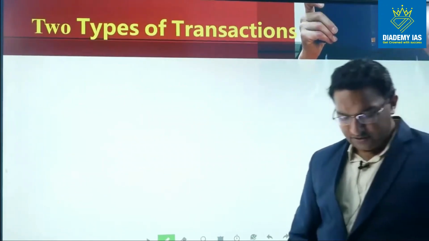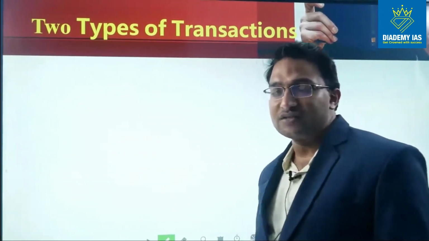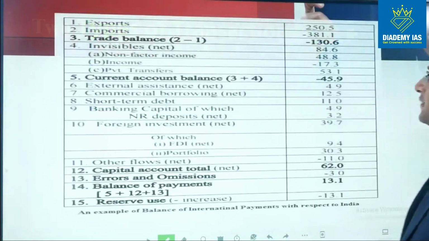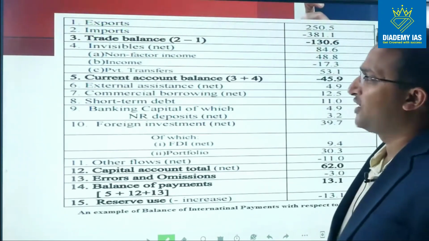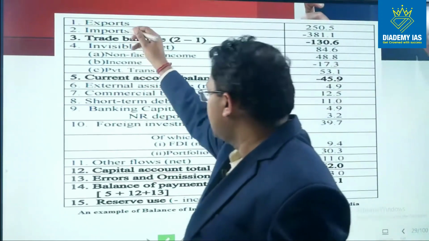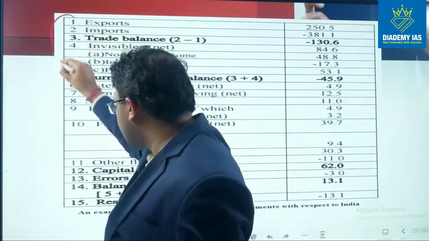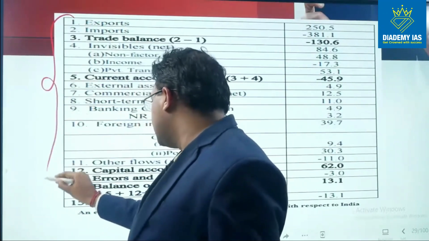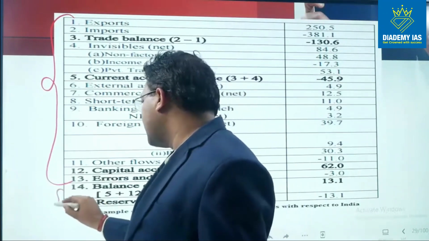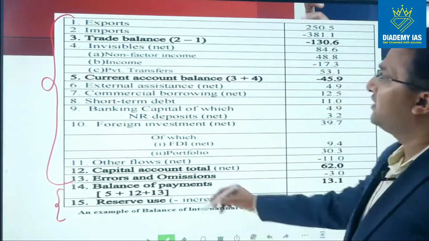Let us move towards the next concept, that is the two different types of transactions in the BOP statement. If we see the BOP statement, this is the format of the BOP statement. In this BOP statement, we can categorize the total transactions into two major categories. One category is above the balance of payment and the second category is below the balance of payment. This first category is called